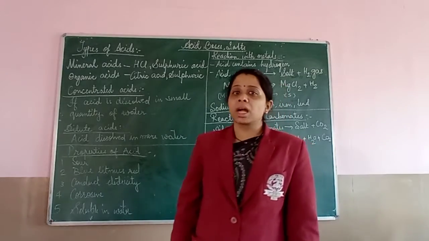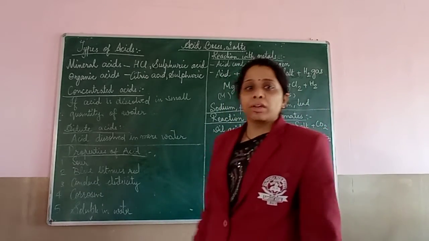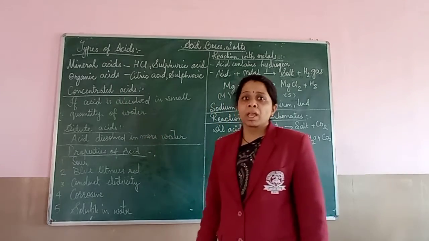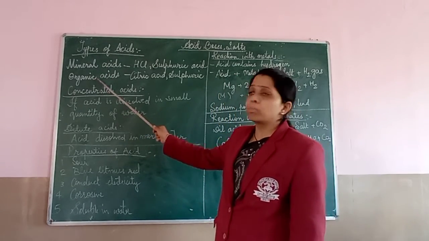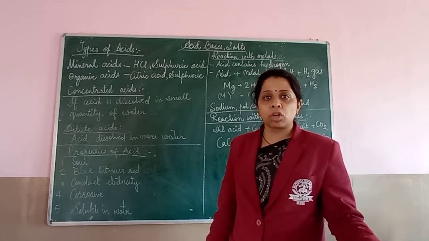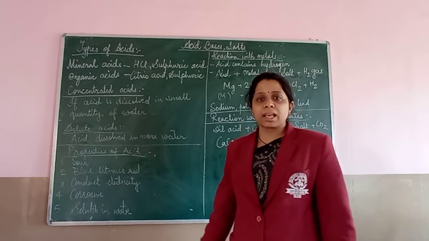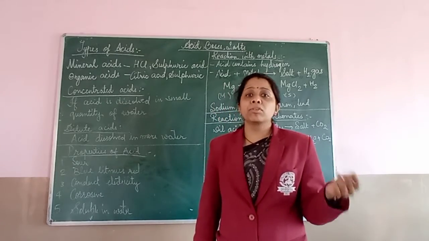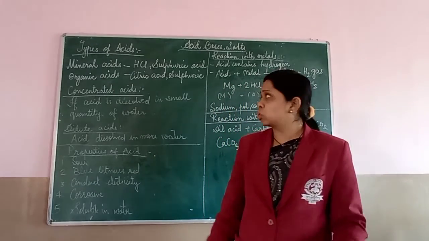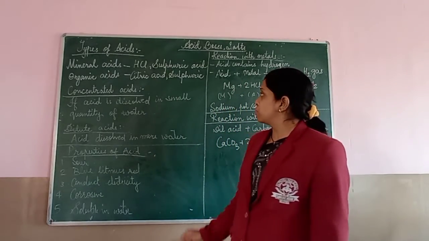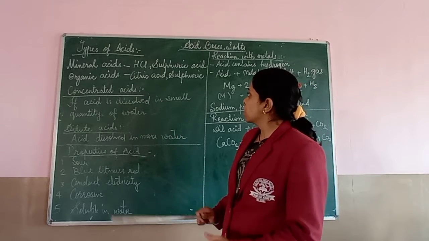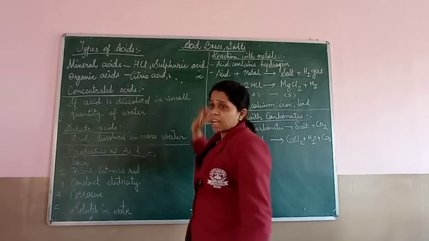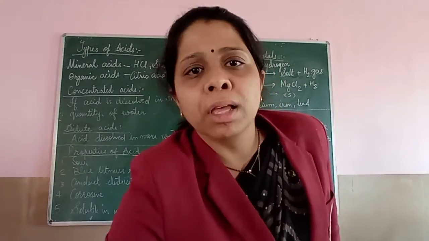We will today start with types of acids. If you remember, in the beginning we have already discussed there are two types of acids. Acids which are obtained naturally are called organic acids, like citric acid, which could be obtained from citrus fruits, lemon, orange. At the same time we can get tartaric acid, or we can even get acetic acid, anything we can get.